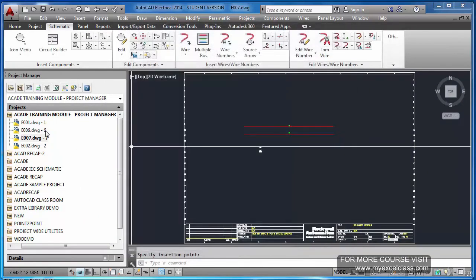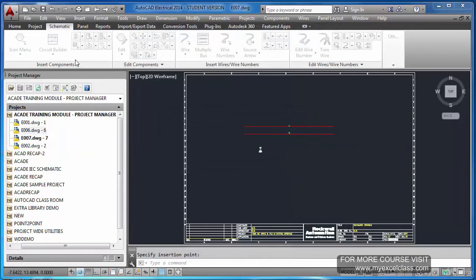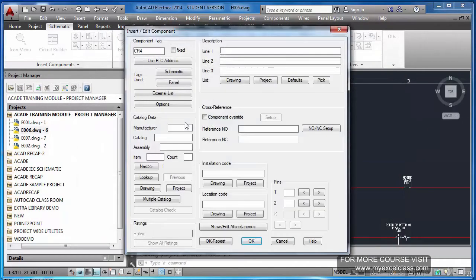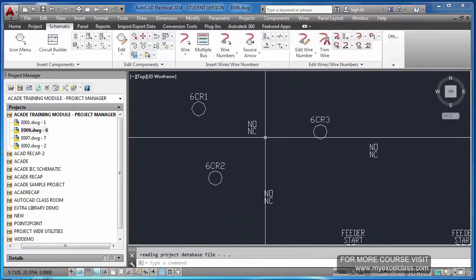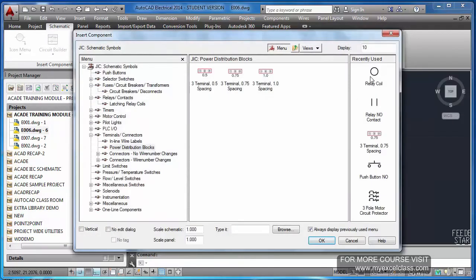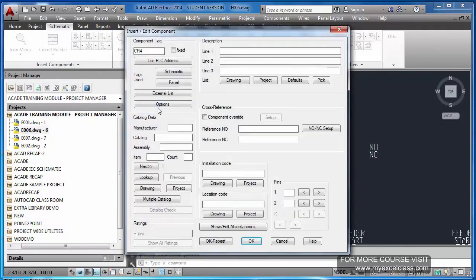Same way, if you go back to some other sheet and now insert, it is coming as CR4 only, because earlier these three components, we had changed those properties temporarily by going to options.